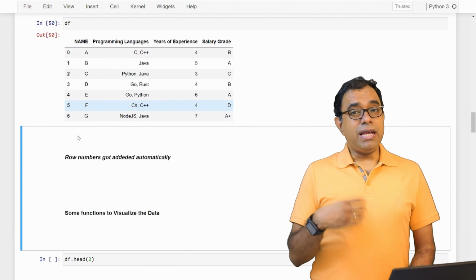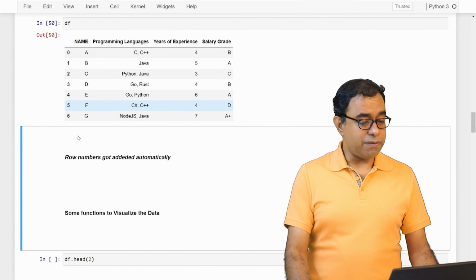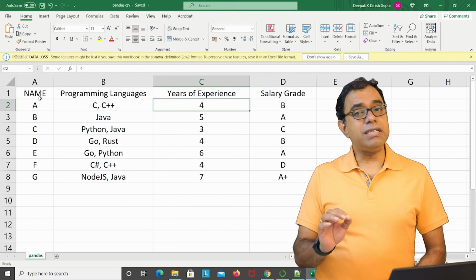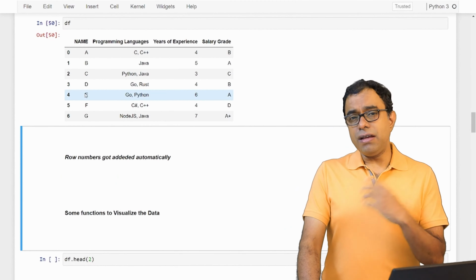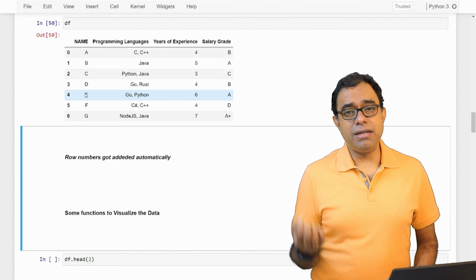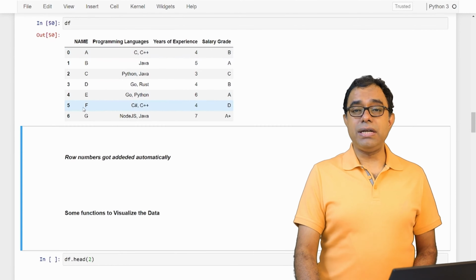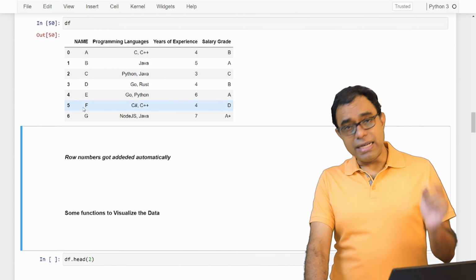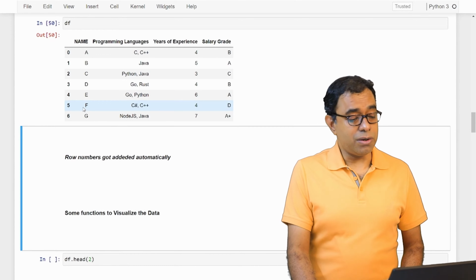Now when I was creating the data frame from the CSV file, as you can see, there is no row index. Okay, if it is not there, it will add row index automatically. Now if the CSV file already has a row index, there is an option in read CSV via which we can disable auto generation of this row index number, otherwise it will generate. It doesn't have an artificial intelligent entity which can detect whether the row index numbers are there or not.